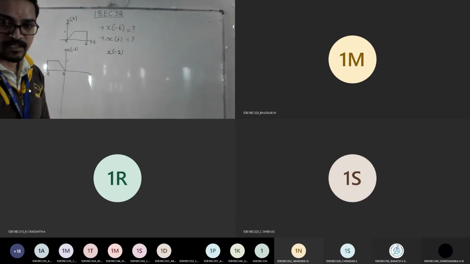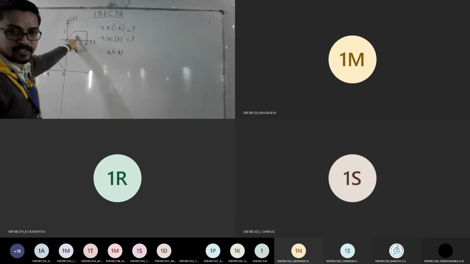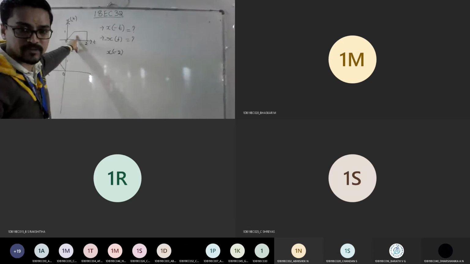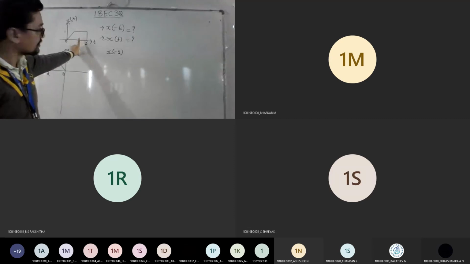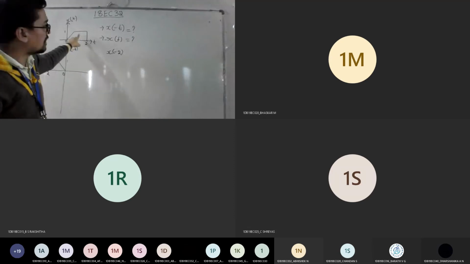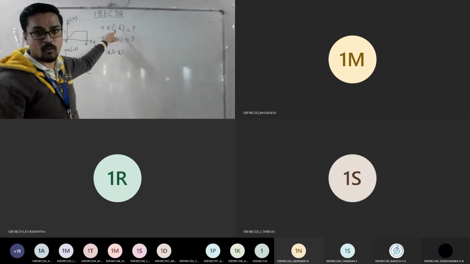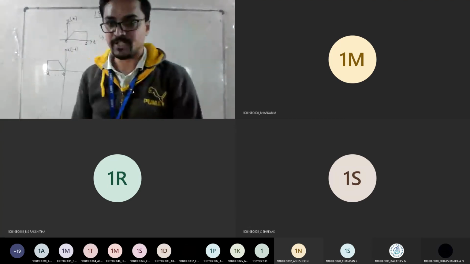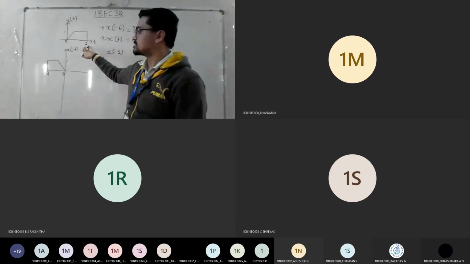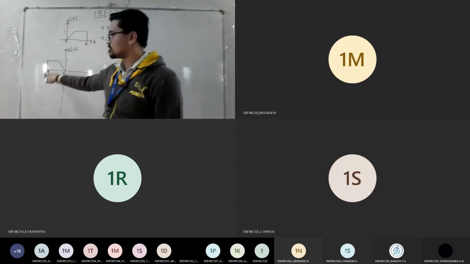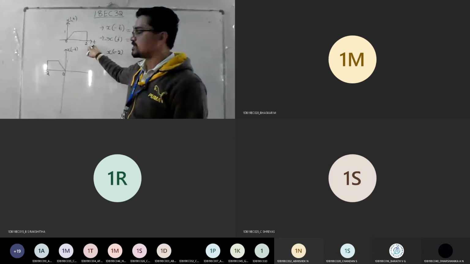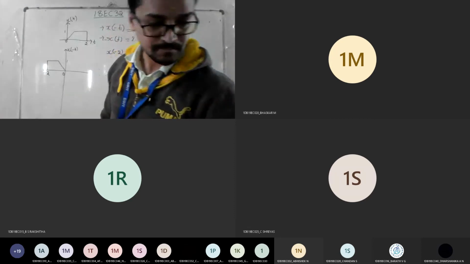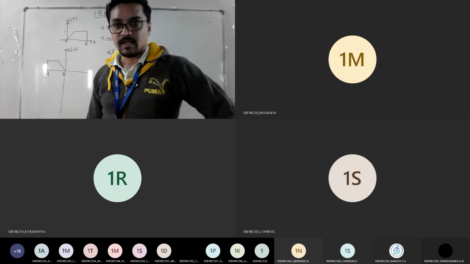Is that fine? I'll repeat. If this is x of t, this may be any type of signal. It may be triangle, square, ramp, whatever they give. Stick to the procedure. If they give x of t and you want x of minus t, whatever time axis is given, just take the mirror image. Look at here: it was starting at plus 2, this goes towards minus 2, because t was positive and now t becomes minus. Any doubts, anyone? Am I clear?